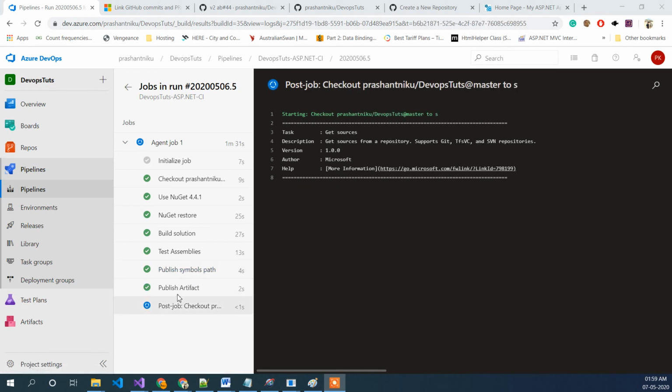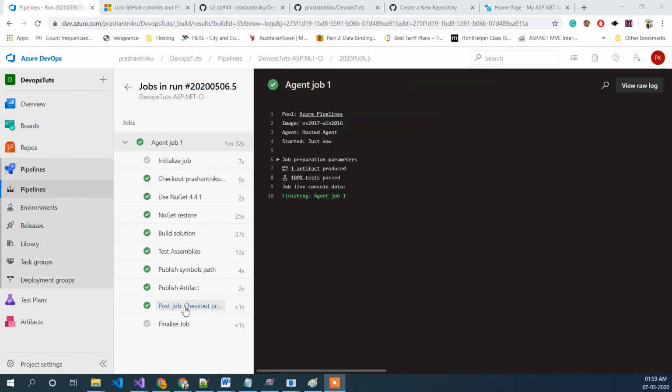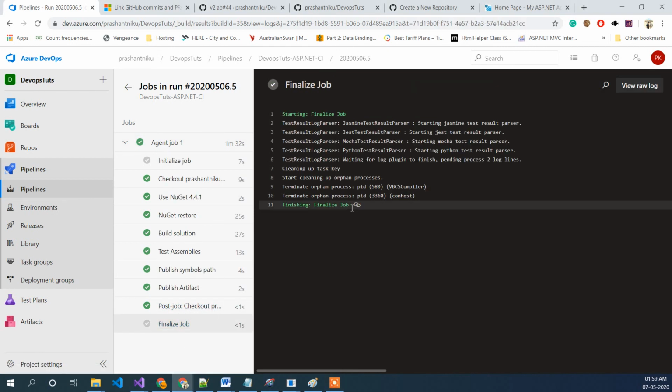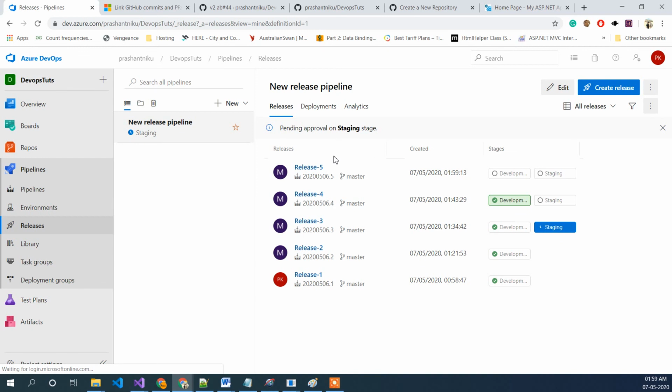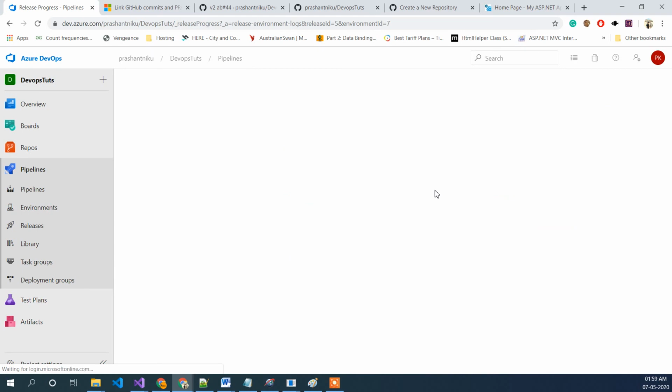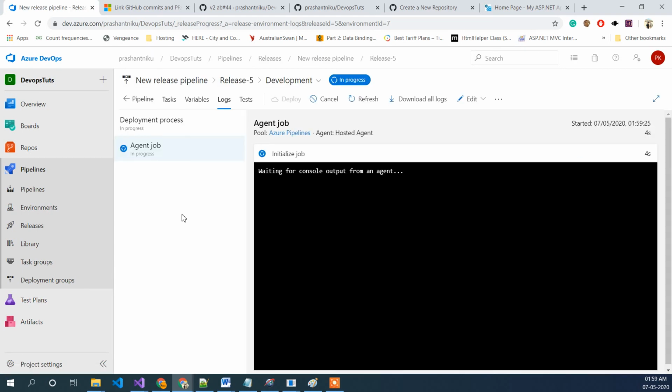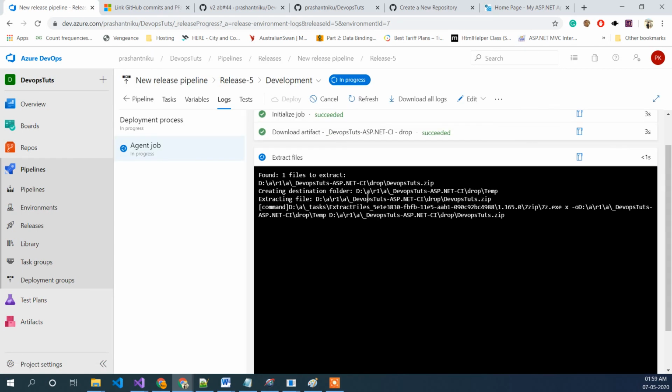Publishing artifacts and post job checker, and it's finished now. Let's go to the release and see whether it gets triggered or not. Yes, 1:59 is the time. It got triggered. It is on queue. Let's click on it and see, it started.